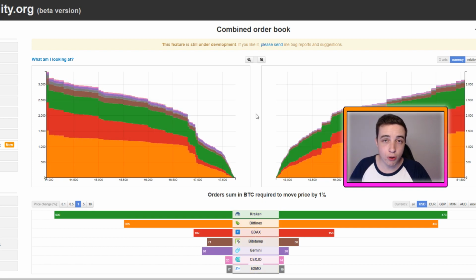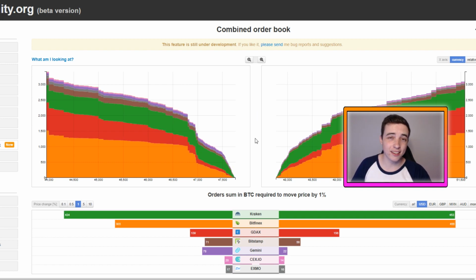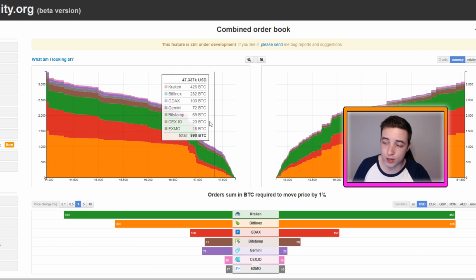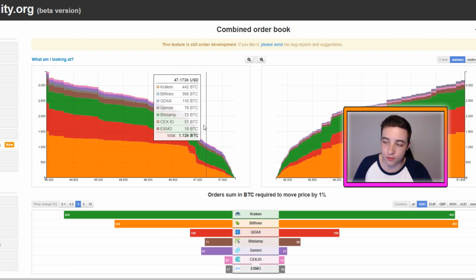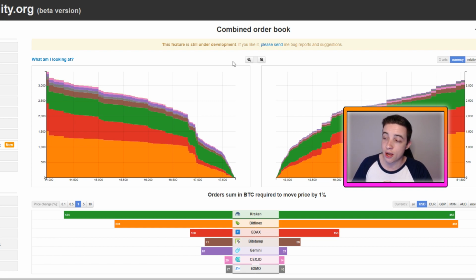And at a Bitcoin price of 47,000, those 800 Bitcoin is roughly around 37 million US dollars. So basically, to push the Bitcoin price below 47,000, we need around $37 million worth of Bitcoin to be sold onto the market, which of course can happen. But once again, the fact that we've got these buy orders here, obviously that is good, but also we have